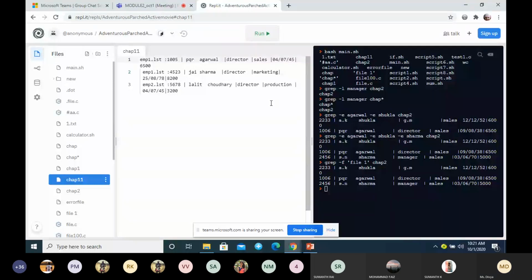I had given the example like grep -N marketing on chap 11. Let me put the pattern marketing twice, in different lines.